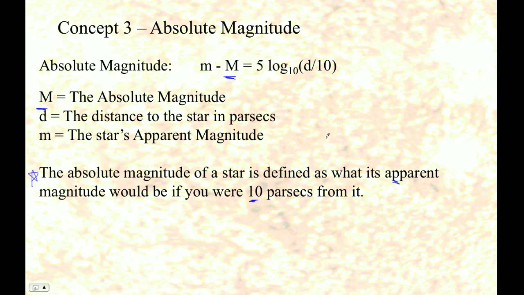Okay, so the problem is that when you look at stars, you don't know whether a bright star is bright because it's close to you or whether it's bright because it's really bright. So what absolute magnitude does is it compares all the stars on a distance neutral background, right? So stars that are absolutely bright really are bright. It's not that they're close to us, it's that they really are brighter stars than other stars that have a